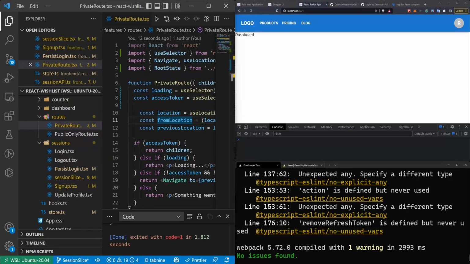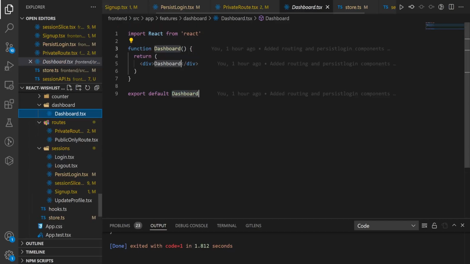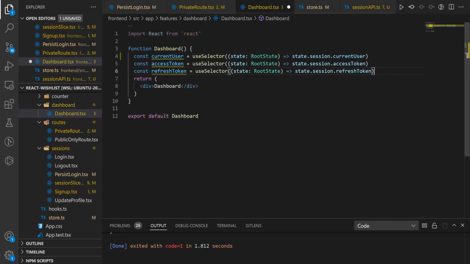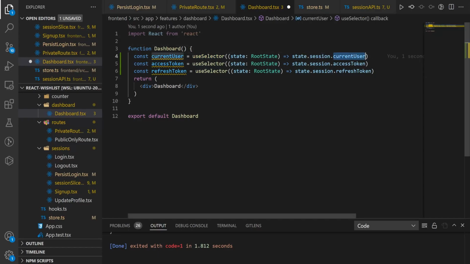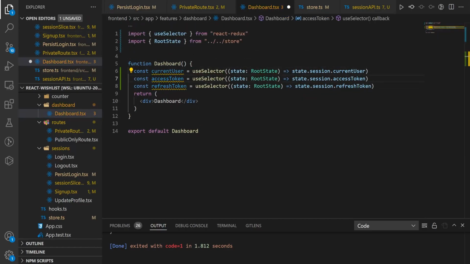It'd be nice if we had some info on the dashboard though. So let's go ahead and open up our dashboard, which is just the word dashboard right now. And I should note you do actually have to manually navigate to the dashboard still. But in here, we can grab the current user from a useSelector to the state.session.currentUser, the access token, and the refresh token. We then need to import all of these,